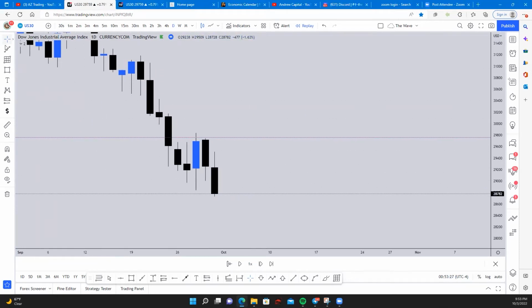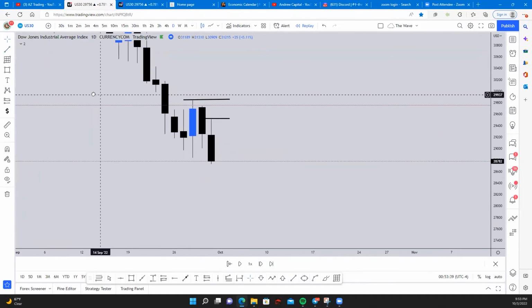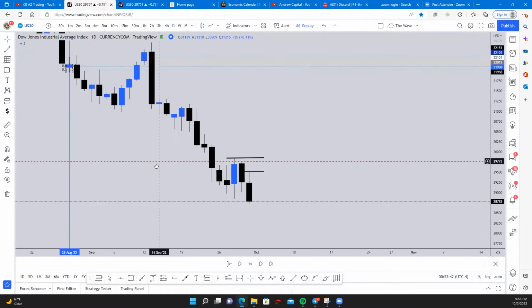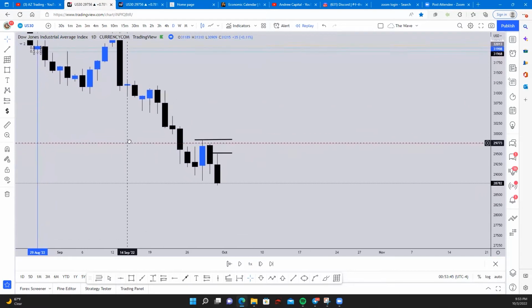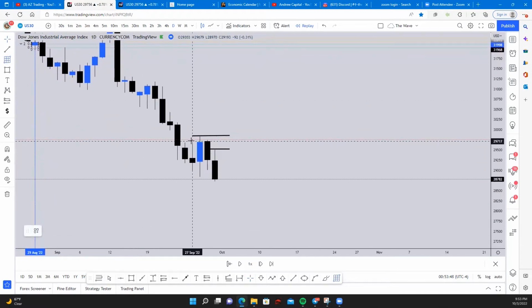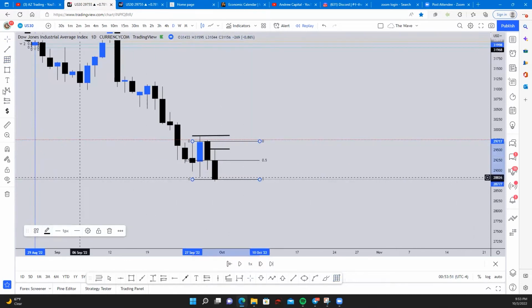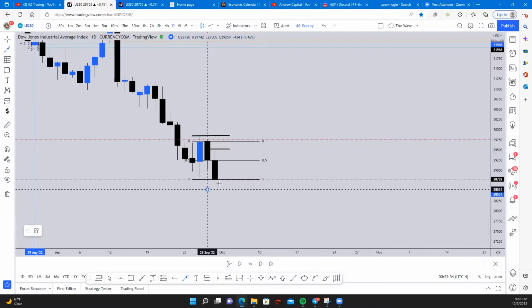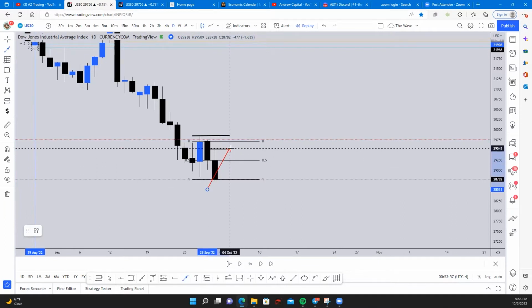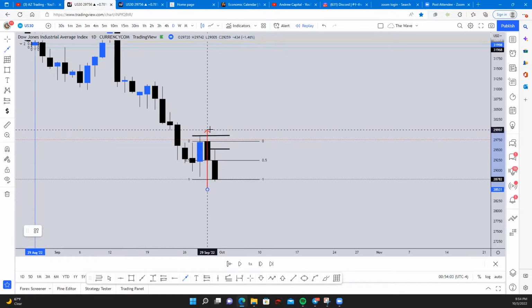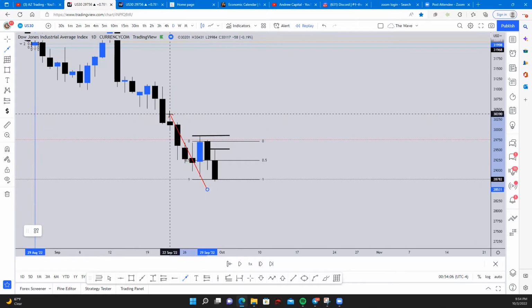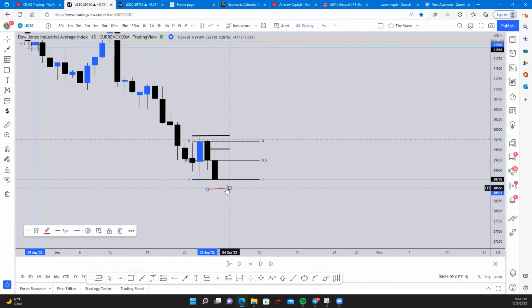So we're here on the daily on US 30, and as you see here, we have buy side liquidity here, as well as buy side liquidity resting up here. So we are bearish, but we should see a pullback. Our dealing range is from this last up candle to here. So we're looking for price to go back up into a premium, which correlates with these highs and this high. If we can go up here, we also have a fair value gap up in this region, and